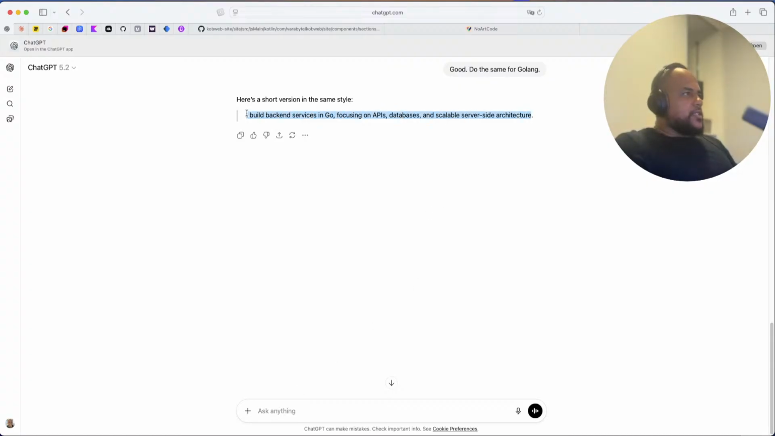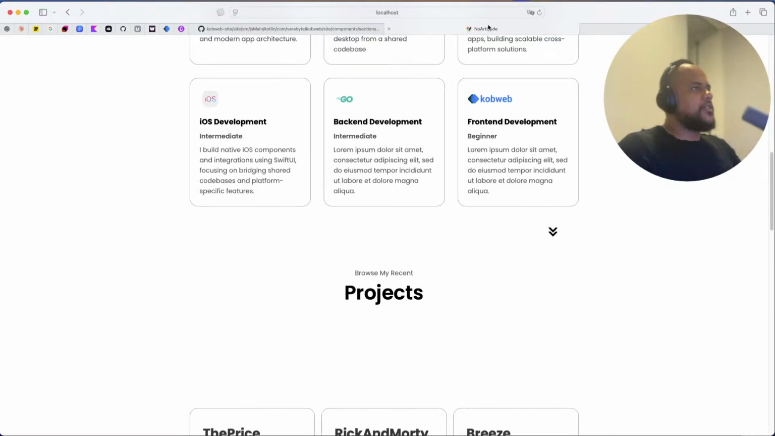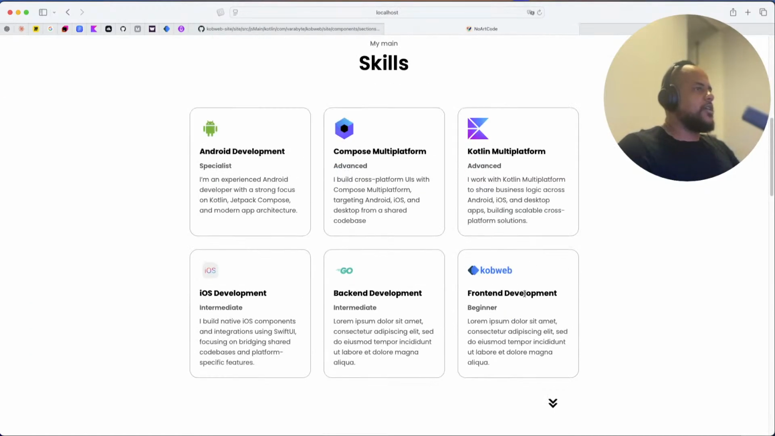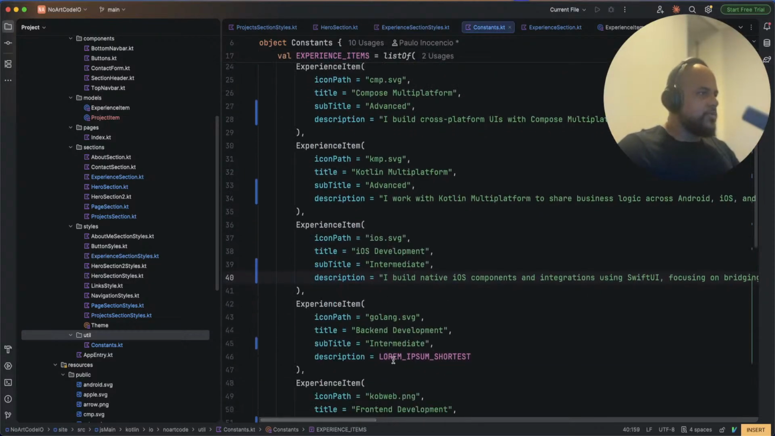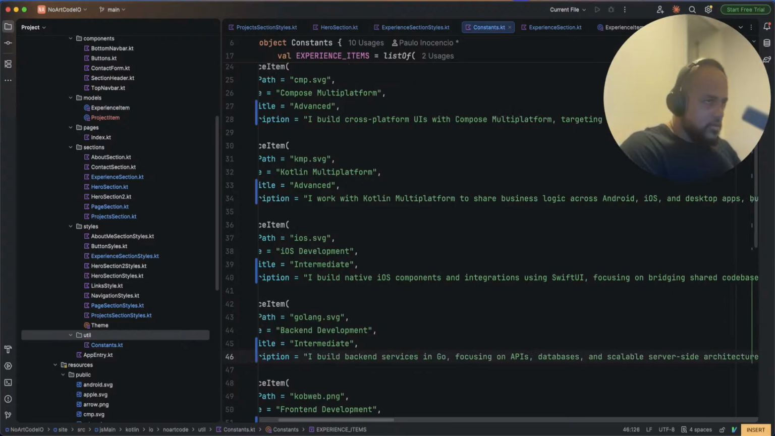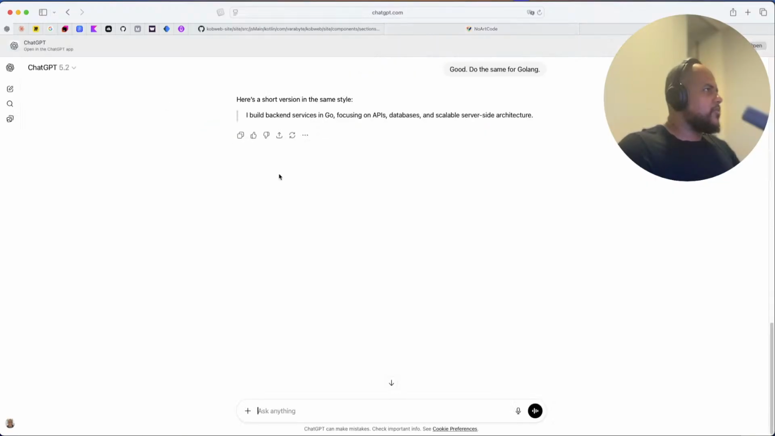Databases, yes. I have some. Should I put a database here? Because I have more skills. I don't know. I'm keeping it short. Keep it like this. Build backend services in Golang, focus on APIs, database. I think you should mention